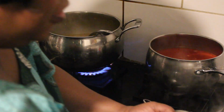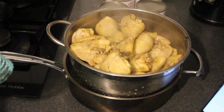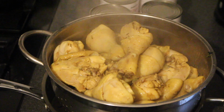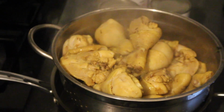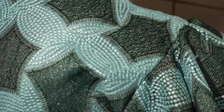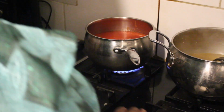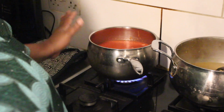Right. That's the chicken. Lovely, delicious, tantalizing. Okay, I will take the chicken stock off the hob and then put my tomatoes, the blended tomatoes. I've actually added that into that saucepan. So that's the chicken stock. Now I have my tomatoes, the one that I've just blended, in the saucepan, and I'm